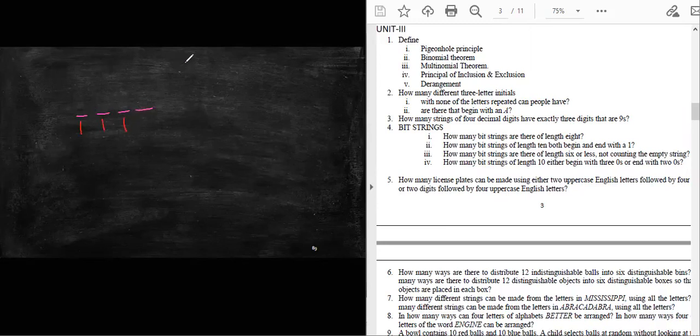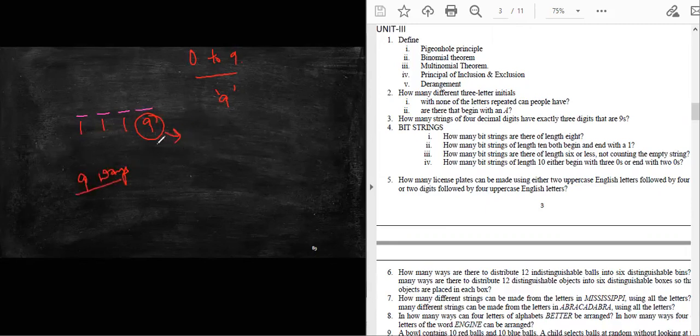And what are the rest of the digits? The rest of the digits are from 0 to 9, so we have a total of 10 possible digits. But since we cannot have a fourth 9, we will consider only 9 digits. Why are we considering 9 digits? Because we have to have exactly 3 digits that are 9, so in the fourth position, we have to exclude 9. So there are only 9 digits. Now this is also the product rule, so there are a total of 9 ways.